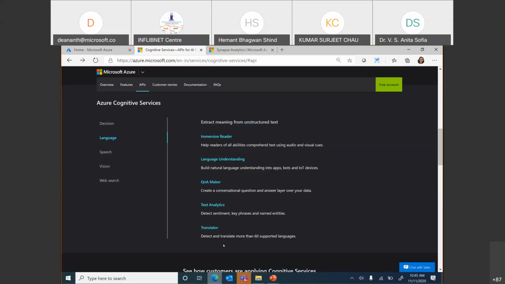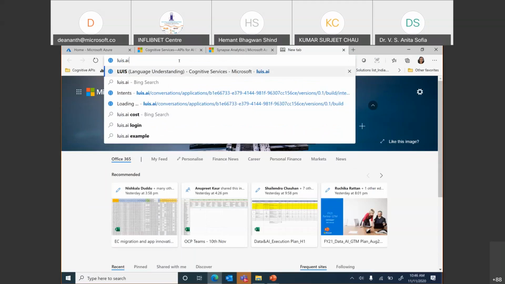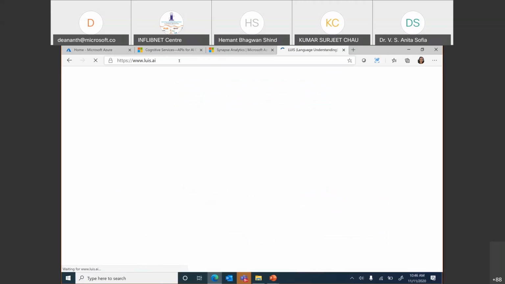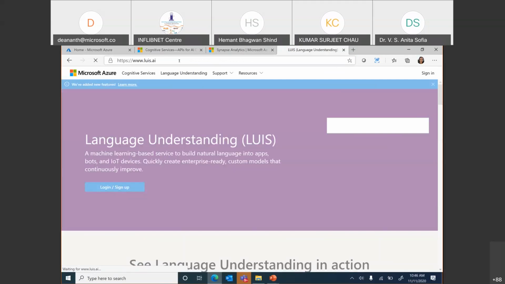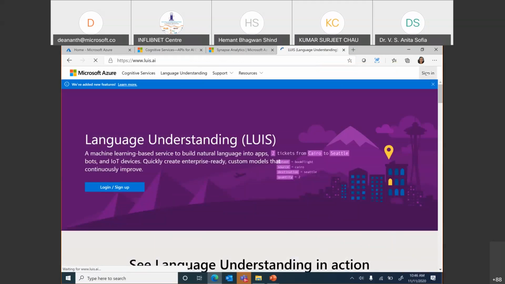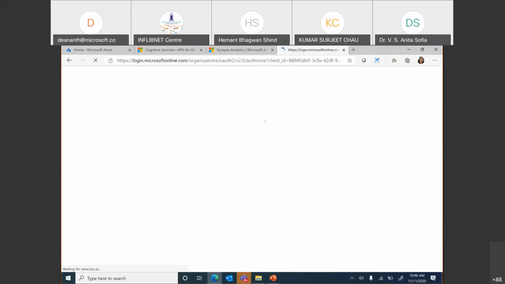Where did we come from? We started from the Q&A Maker, right? In order to help the Q&A Maker, apart from a list of questions and answers, there's also a site called LUIS, which is Language Understanding Intelligence Systems. Here, you can upload JSON files. The site is called luis.ai. You can understand, like if people say hi, hello, good morning, whatever, it is an intent, right? If a person wants to book something, you can always check whether it is AM or PM, or what time, what slots, and so on. There are some intents that we have available out of the box to help the developers, and there are other intents that you could build.